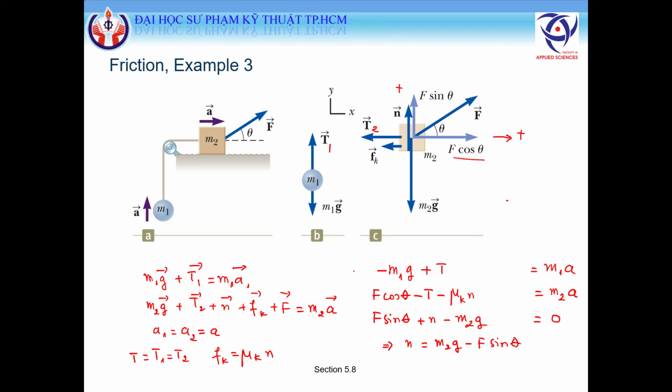Again, you can add now this equation, and substitute N into that. N will be as here. What do you get? You have T and minus T. They will be canceled out, right? T and minus T. So I have minus M1 g left for the first equation. The second equation is plus F cosine theta, minus mu k N, so minus mu k M2 g